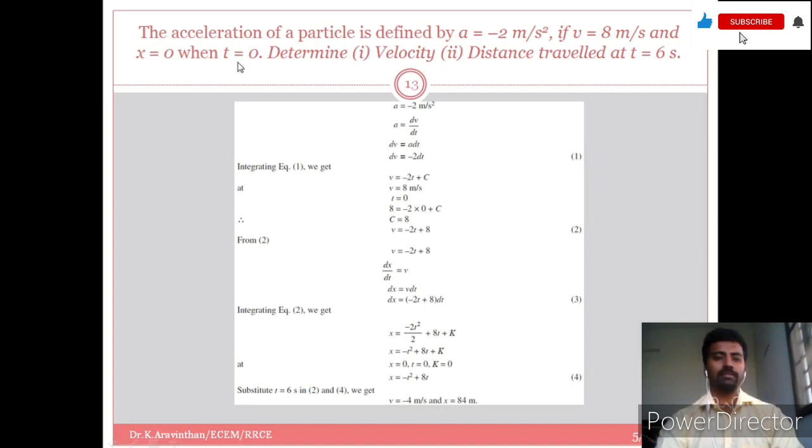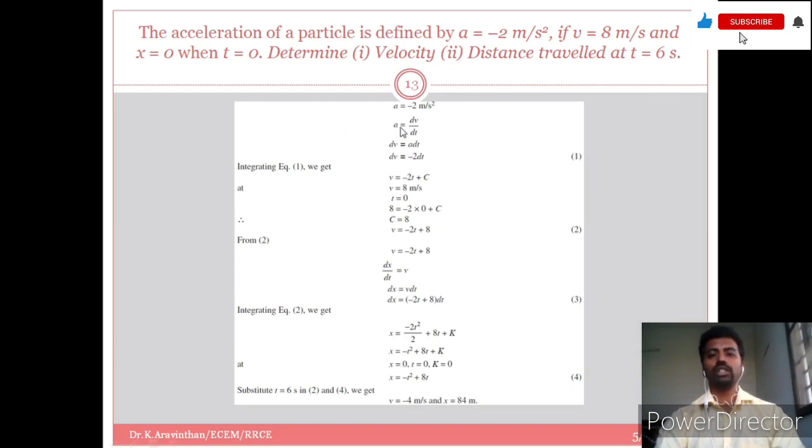At a particular time, you have the components of acceleration, velocity and distance. Right now what you have to find is the velocity and distance at t equal to 6 seconds. So for 0 seconds you have an acceleration and a velocity. Then you need the particle's velocity and distance when it is at 6 seconds. So right now you have to find the equation first. The values are given here, and in order to substitute in the equation, you will get the solution.